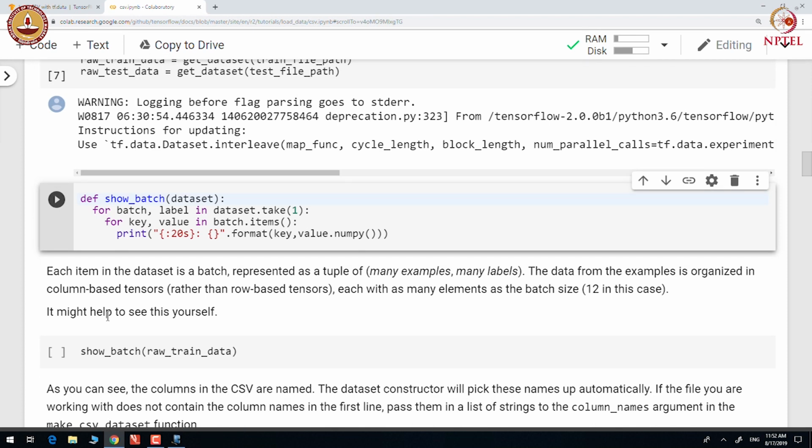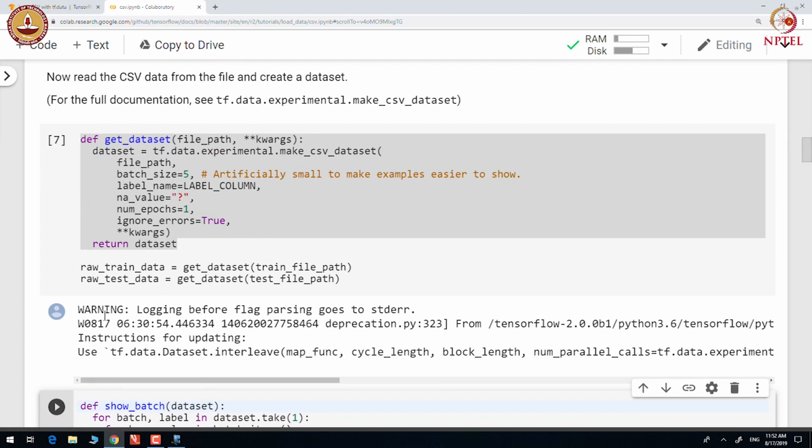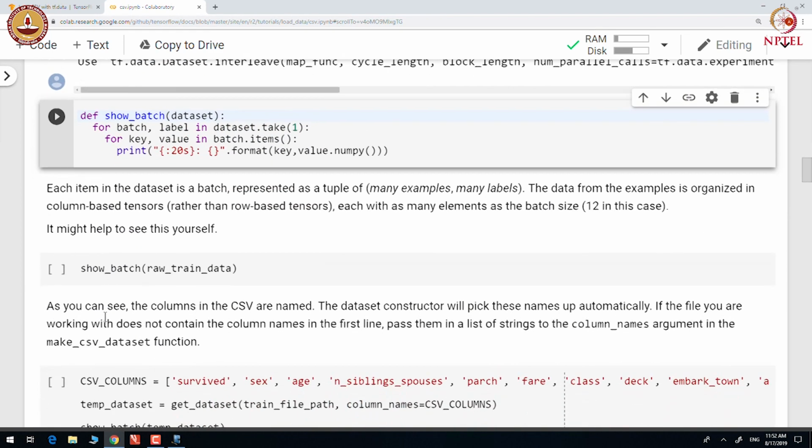Each item in the dataset is a batch represented as a tuple of examples and labels. The data from the examples is organized in column based tensors, each with as many elements as the batch size. Let us look at one of the batch.